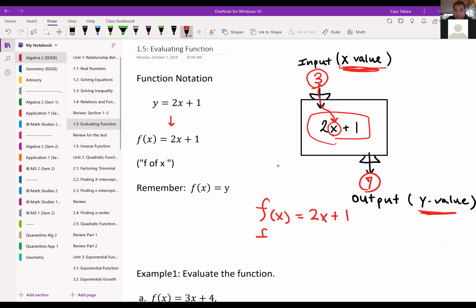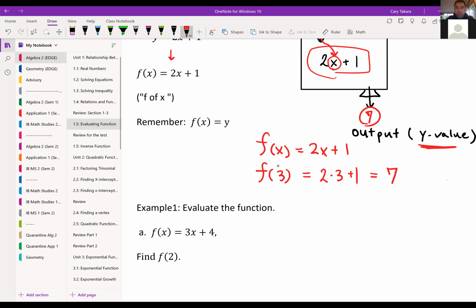So you can write f of 3 is going to be equal to 2 times 3 plus 1, in which you will get 7. In other words, f of 3 is 7,